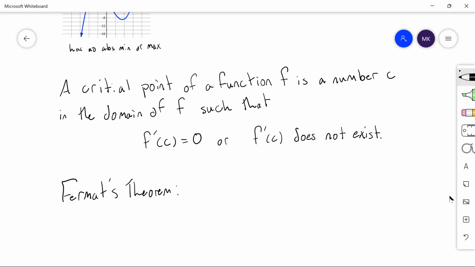So Fermat's theorem says if f has a local max or min at c,